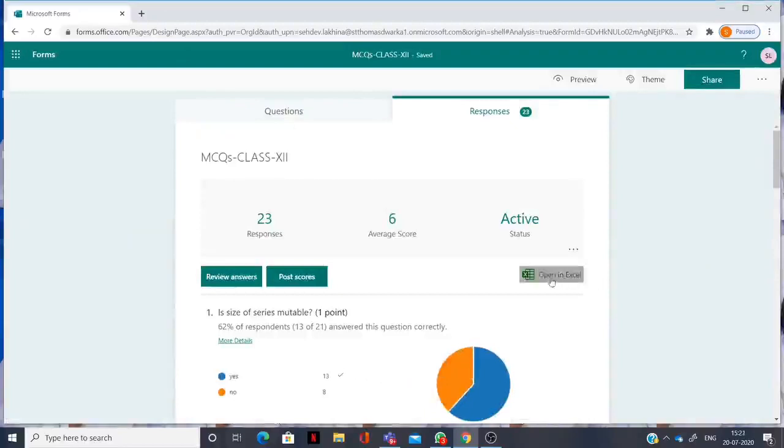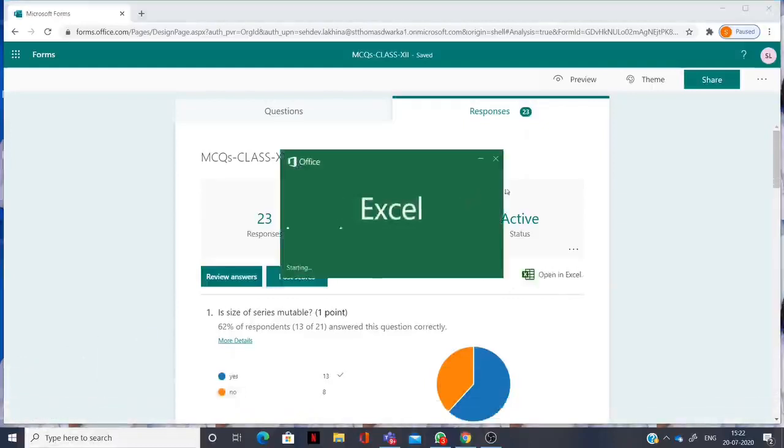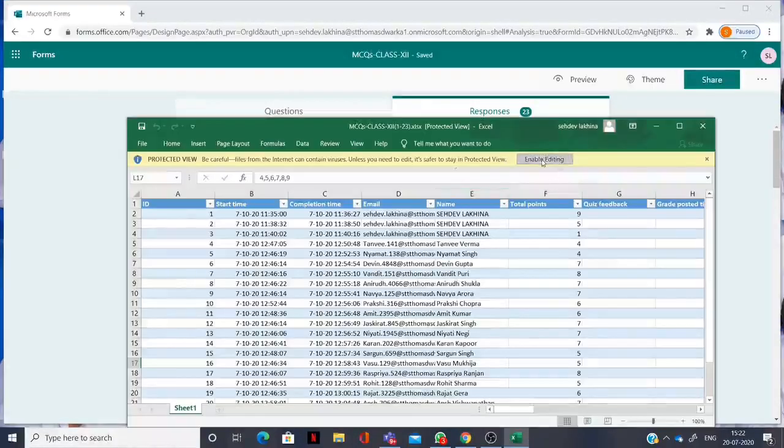Now you can download with the open in Excel option after reviewing the answers. That is finalized. As I am opening this, what is the benefit of this option? You can see here, it is opening.